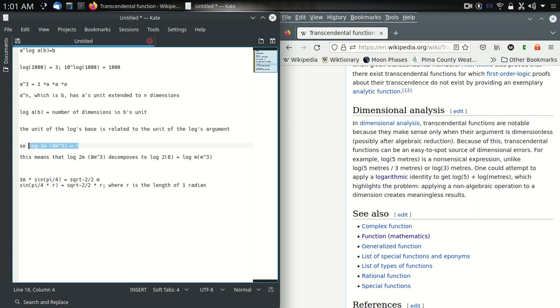This is fine. This is true. But it also means that this decomposes in an interesting way, right? So this log base 2 meters of 8 cubic meters decomposes to log base 2 of 8 times log base meters of meters cubed,